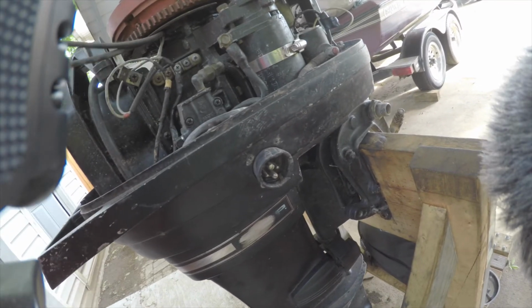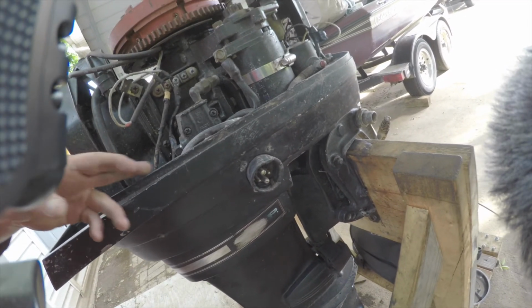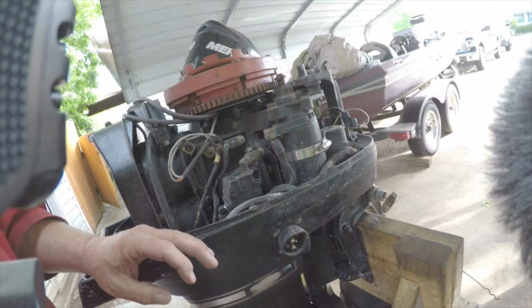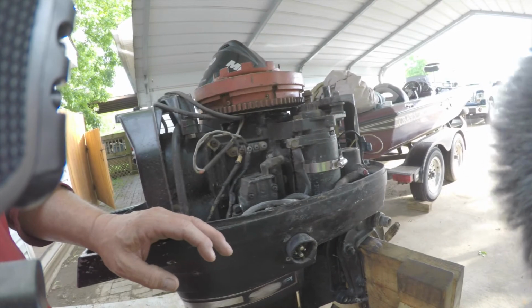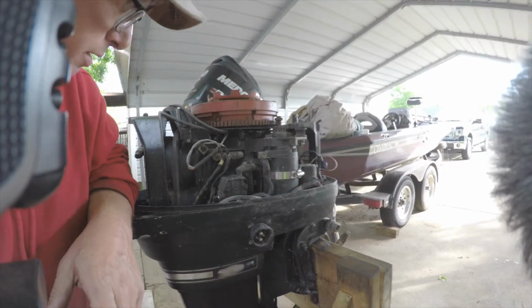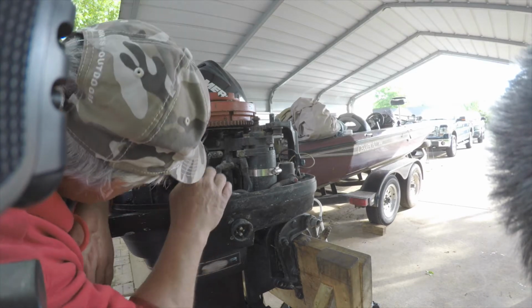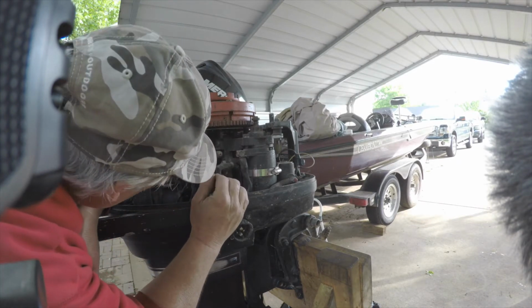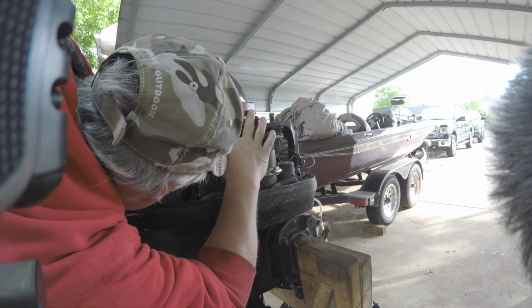Good look at all the wiring and make sure it's good. So really it's kind of a little bit of a tear down just to do that. You've got to check everything up in here. So this is